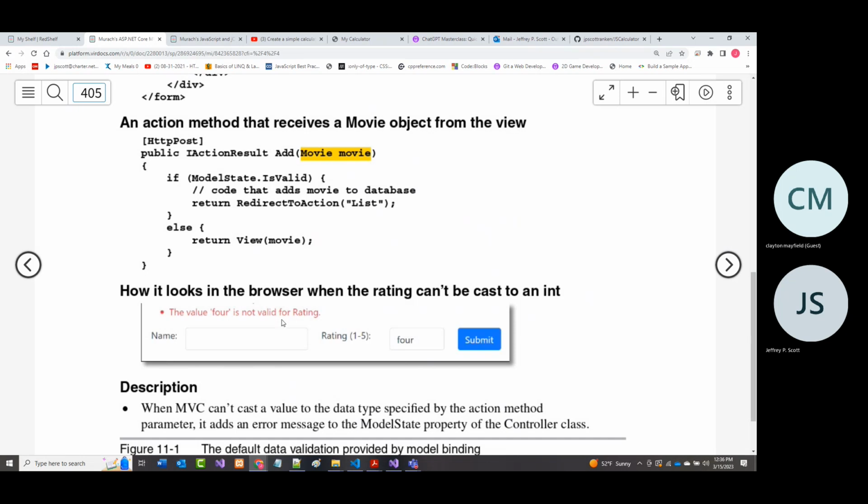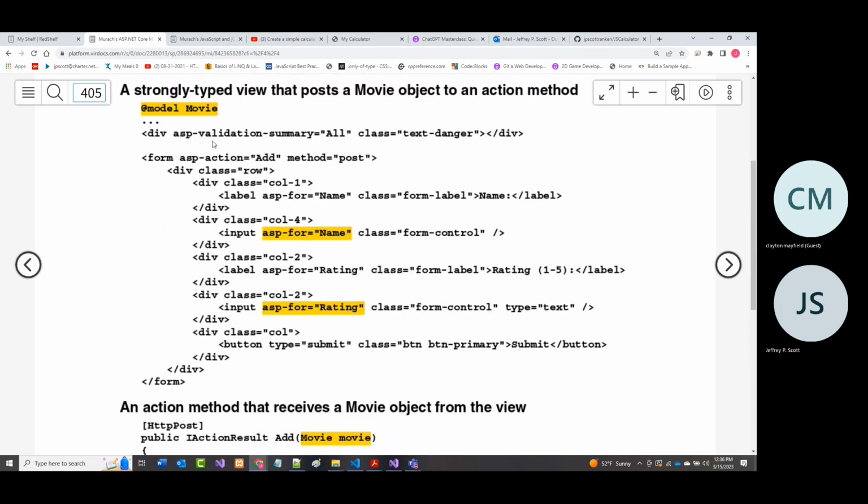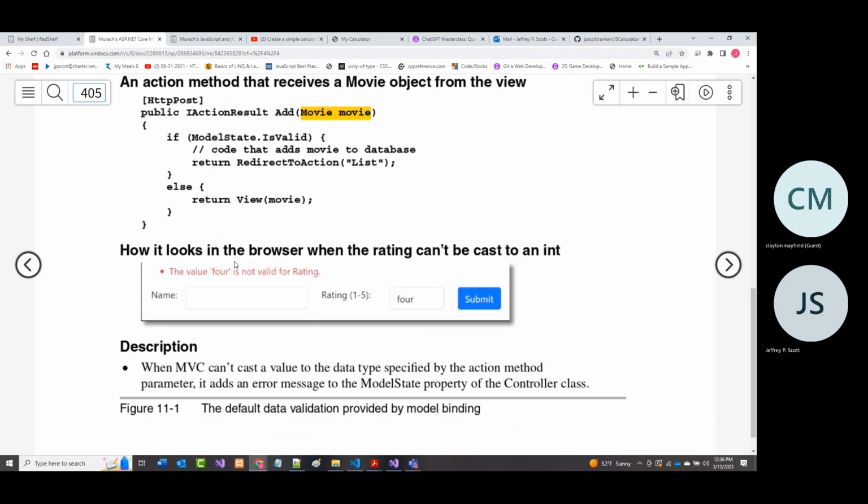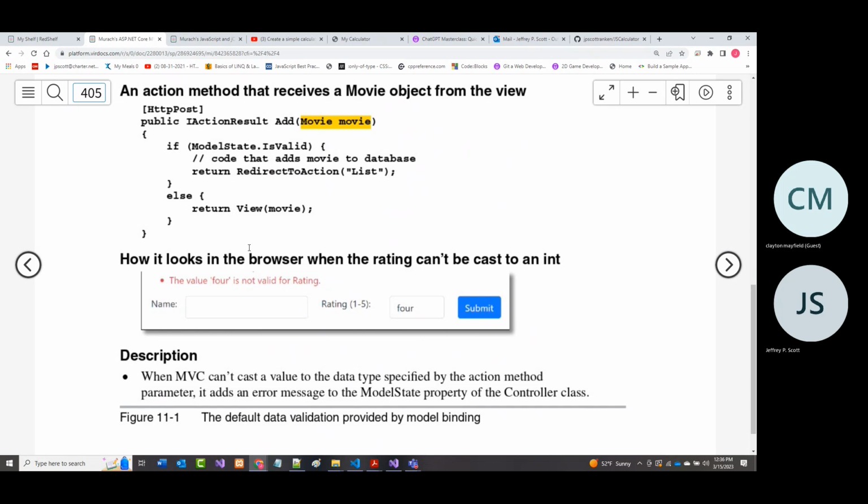That is being provided by the controller because of this line right here. It is failing the model state dot is valid. Since it's failing that, it's automatically providing any errors in the validation summary up here.